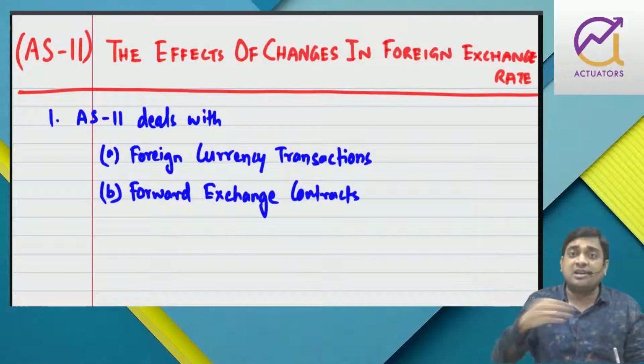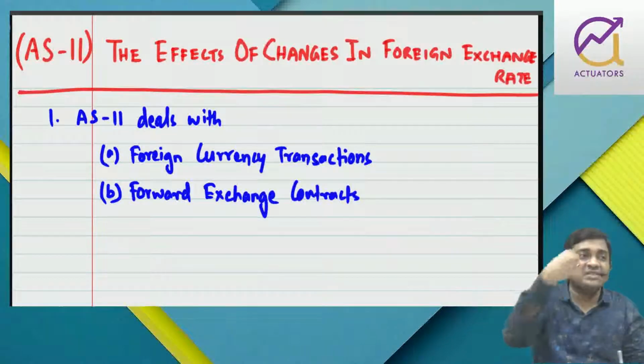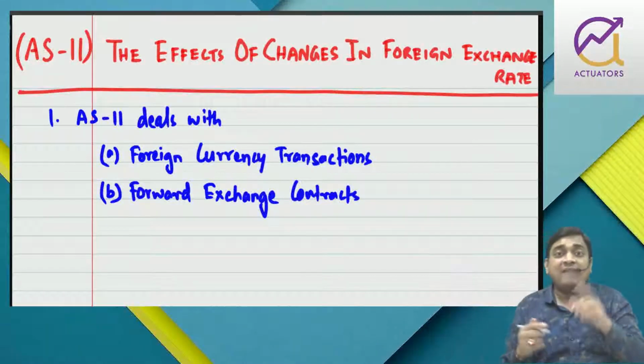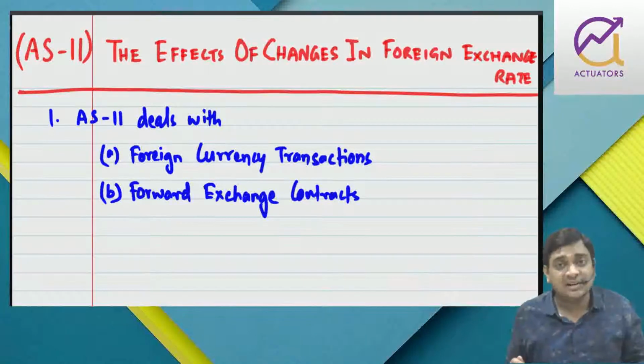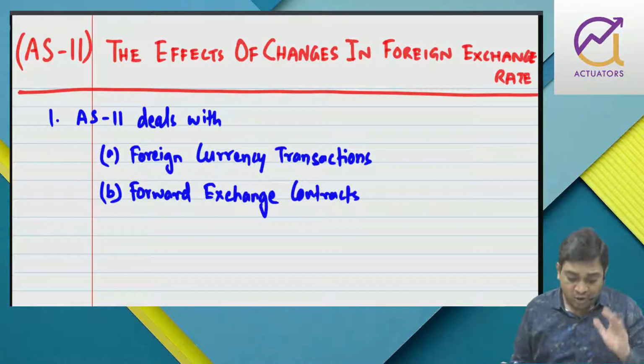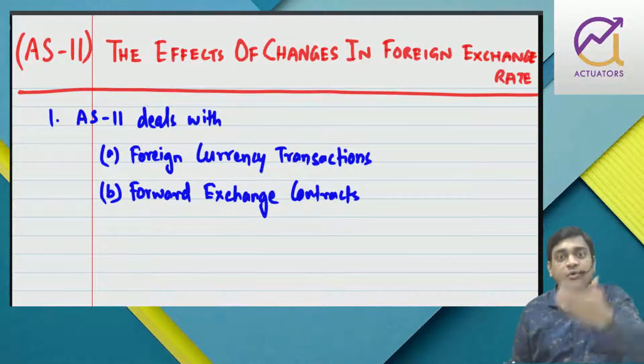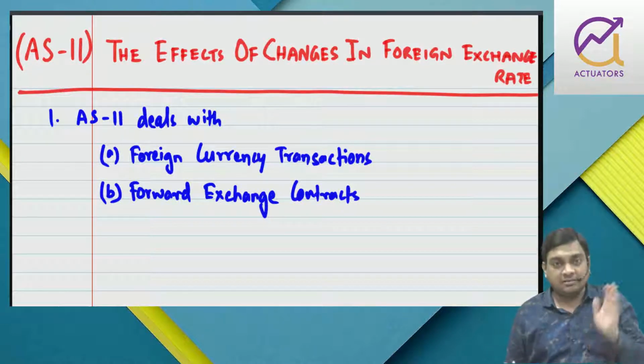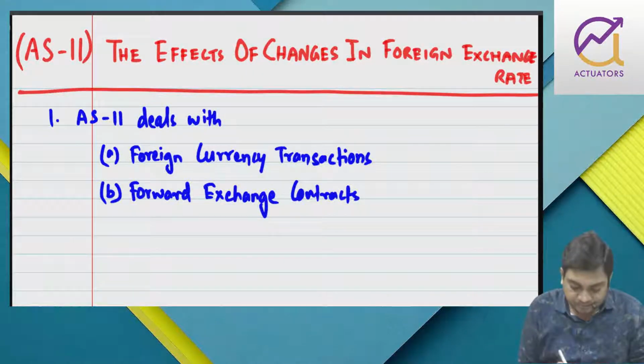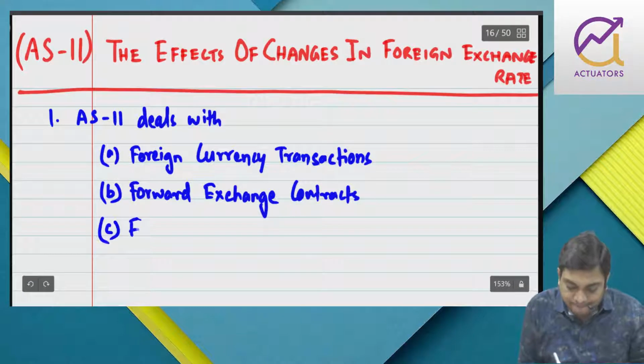Now after 3 months, whatever the rate is, whether it is 75, 65, 69, I will be able to purchase that dollar at 72 rupees. That is a forward exchange contract. I am booking the foreign currency 3 months later at a specified date in future. Number C,